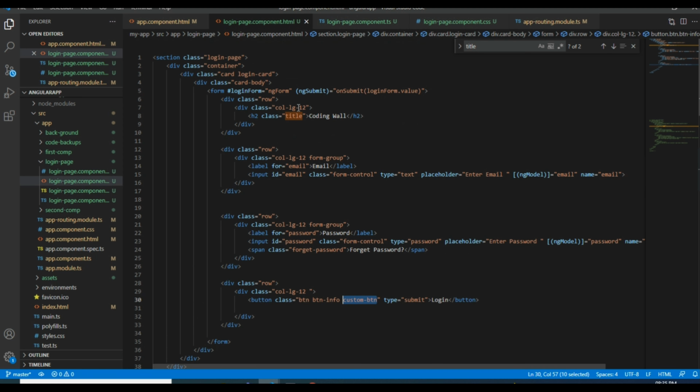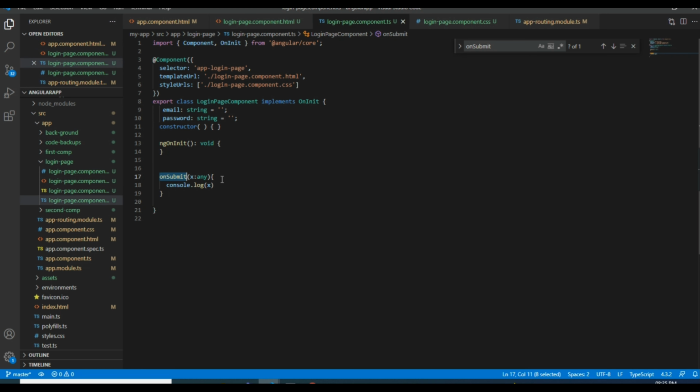So here I have given ngSubmit here, okay, and I'm passing the value of login form dot value, which is an object, and the values are these things. Whichever values are there come under the value of the object, and the email and the password will be captured inside login form dot value. So I have already given the function here. This is a function, and I have defined it as x of any.